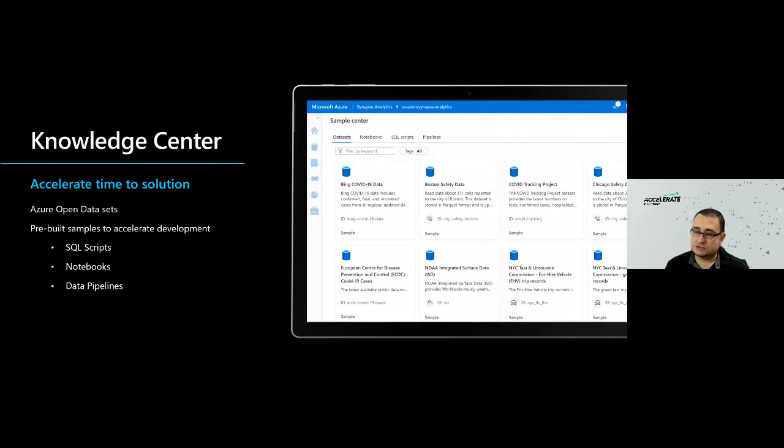And then, in addition to that, Microsoft has made available several accelerators that you can take advantage of. So if you are looking for data sets, I know there was a question in the Q&A section about making some of these data sets available. The data sets that are available in the labs are actually available through the Knowledge Center that Microsoft has made available.